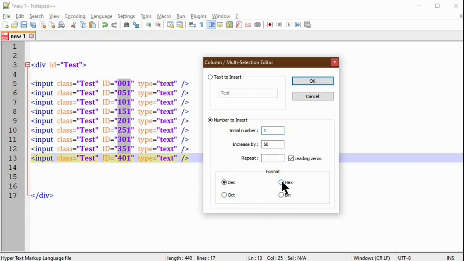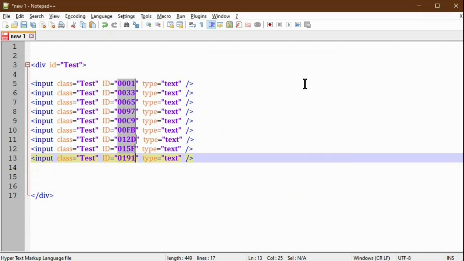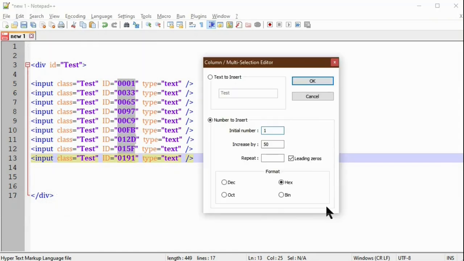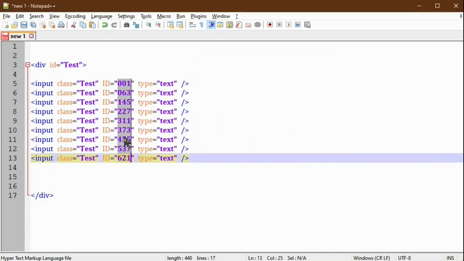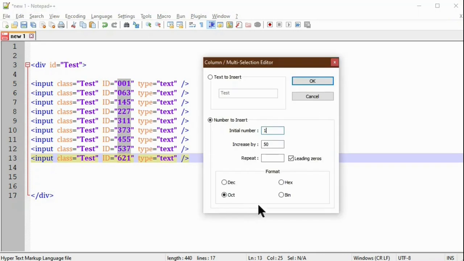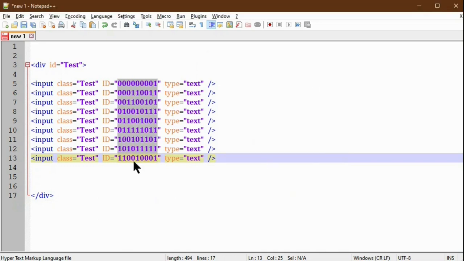Suppose you change it to hexadecimal and click OK; you can see the difference, a hexadecimal number is created, like 9765C9FB. In the same way, if you choose octal and click OK, it changes to an octal number. If you choose binary and click OK, it creates a binary number. This is the multi-column editing mode in Notepad++.